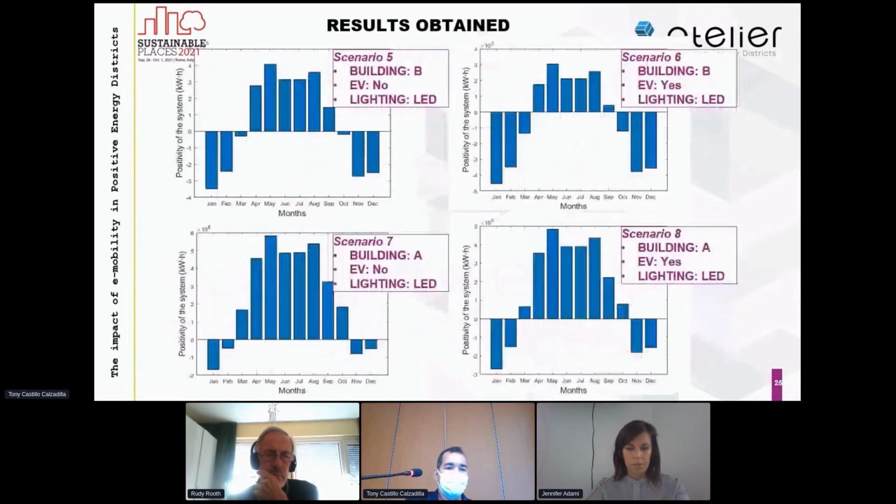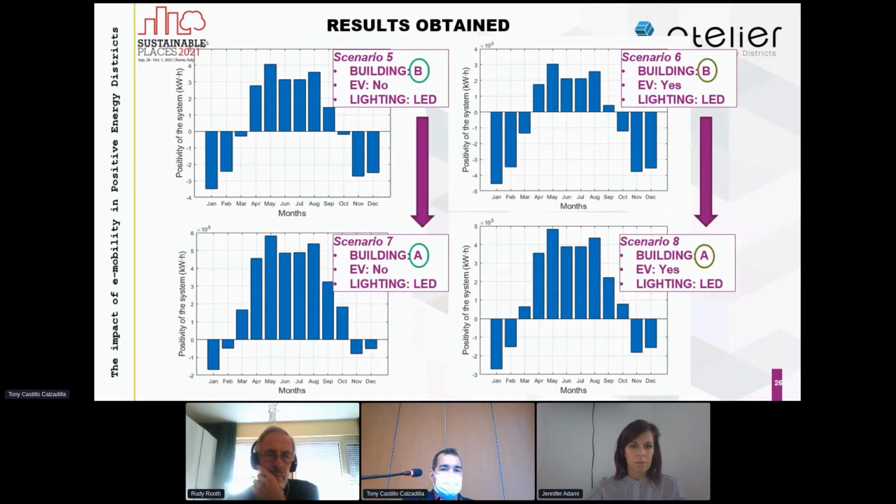Here we have the yearly balance, PET balance, where we can see scenarios 5, 6, 7, and 8. All of them achieve the positivity. The difference between scenario 5 and 7 is only the isolation certification for buildings, which rules this sector in Spain. And it's the same for scenarios 6 and 8. Scenario 6 is B, meanwhile scenario 8 is A. So it means this has the highest performance in energy